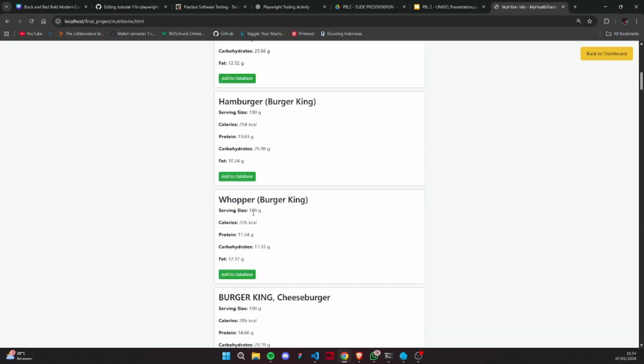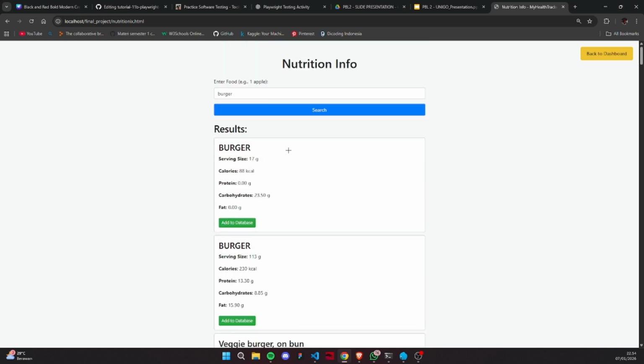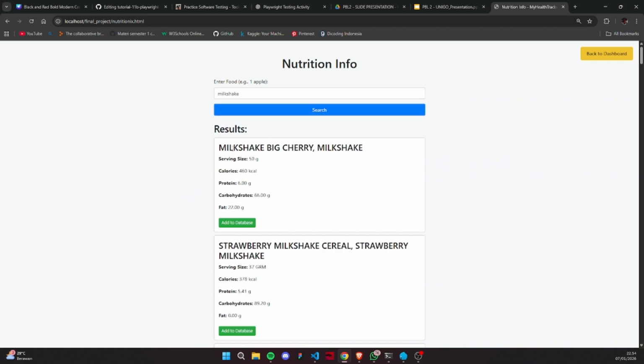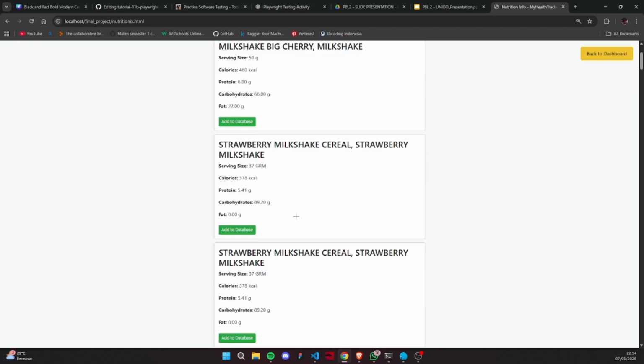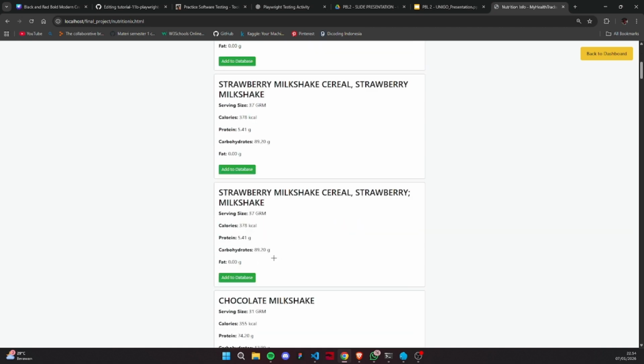Whopper, so it shows different serving sizes and calories. Basically, it retrieves all kinds of foods and drinks. For example, milkshake. Yes, correct. Milkshake, big cherry, strawberry milkshake.